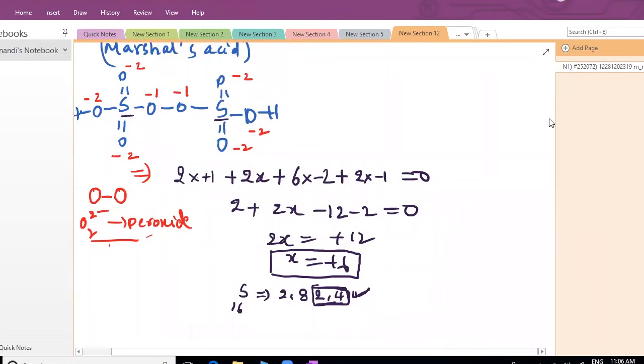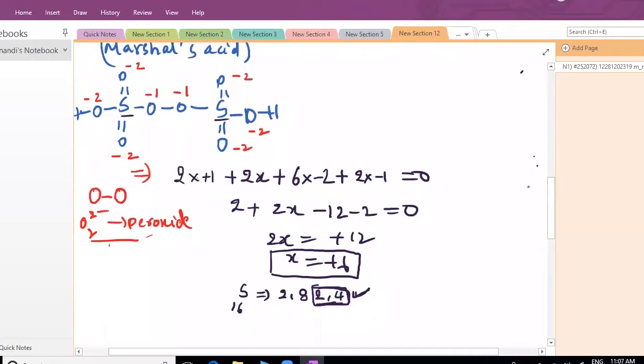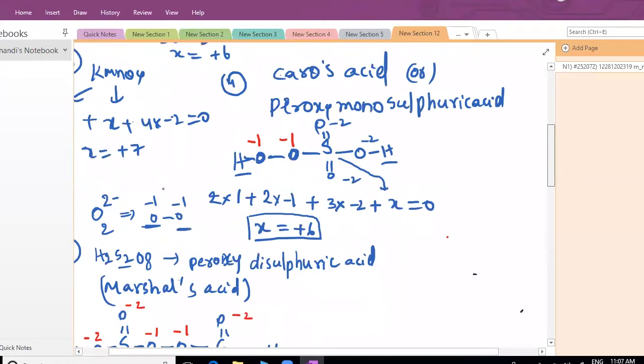Other example. What have we given? CrO5. So which one is the example number? This is chromium peroxide. This name is chromium peroxide. Example 6. CrO5. This name is chromium peroxide.